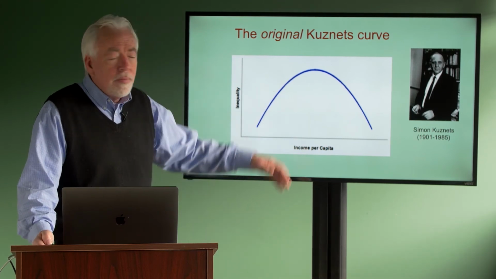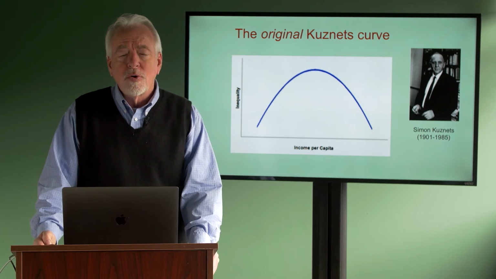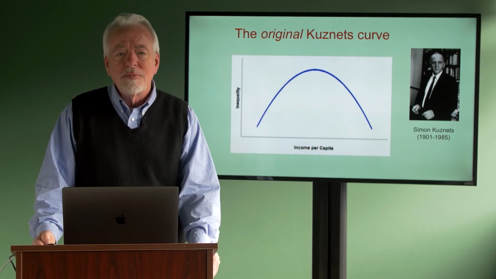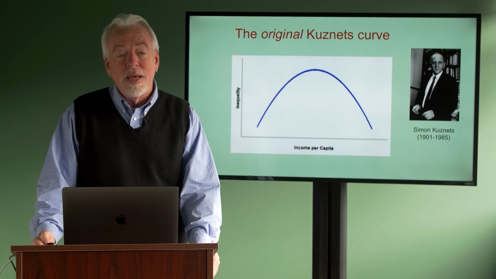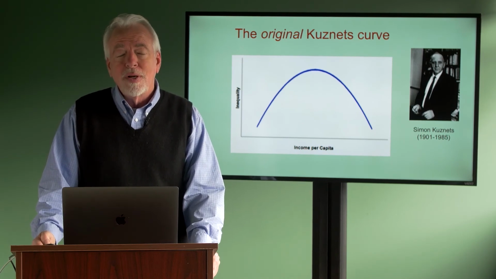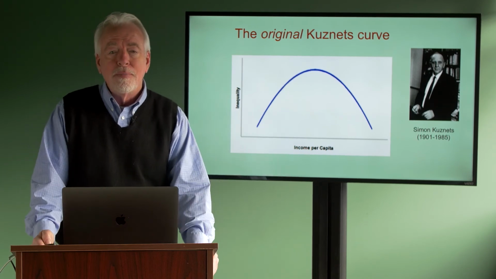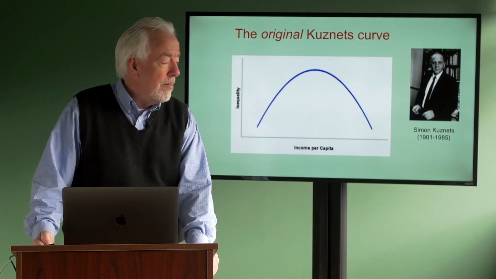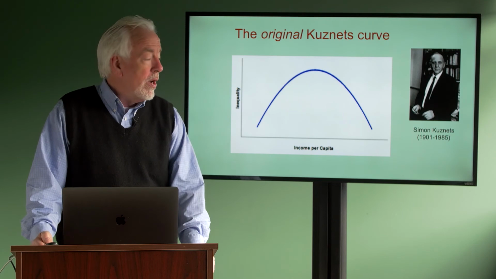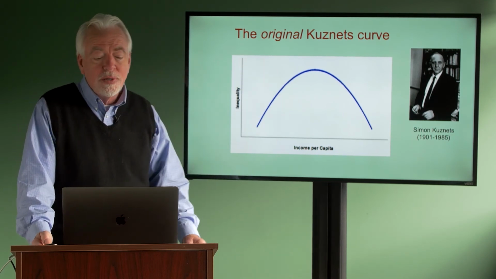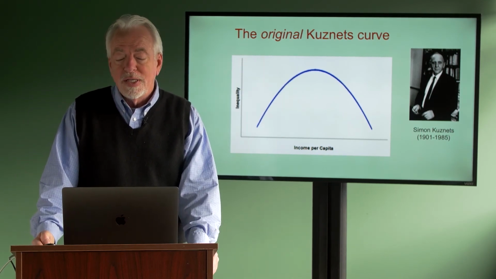And he said, you know, that historical pattern may not generalize to all times and places. It may not be automatic. It may have something to do with something like what Grossman and Krueger called an induced policy response. People might have demanded more income equality as time went on. But that relationship he described was called the Kuznets curve.